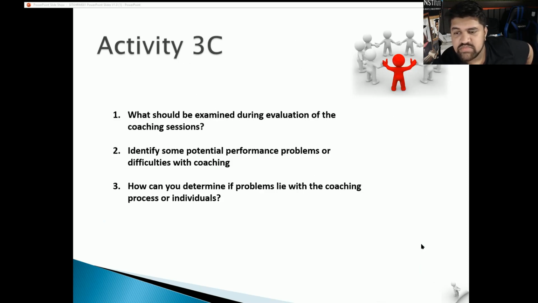How can you determine if problems lie with the coaching process or individuals? So we want to do a review. Essentially, that's your answer there, right? We want to conduct a review. We want to sit down and do a review with both the coach and the coachee. We want to see what the performance was. If it was a poor performance,